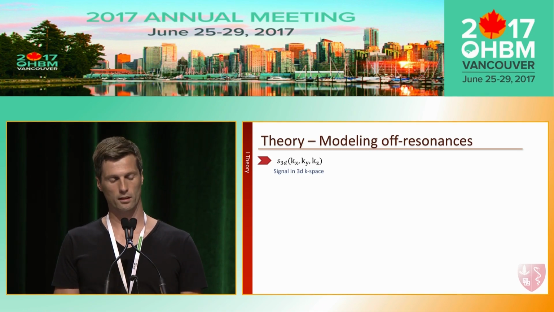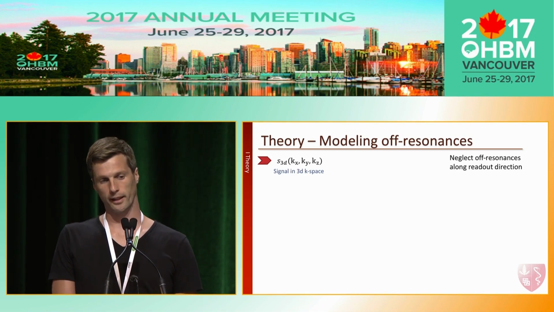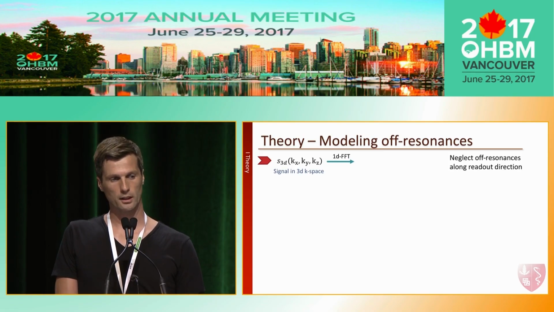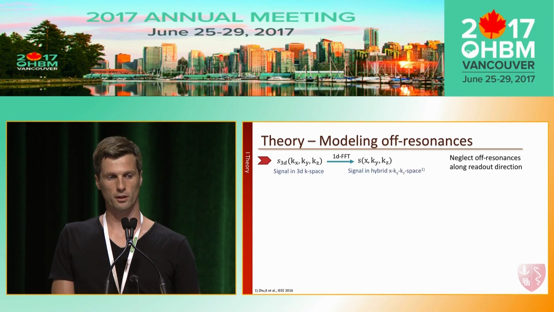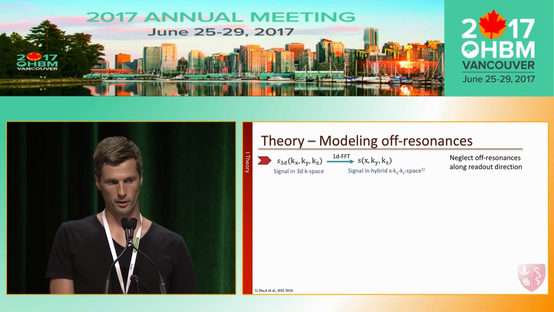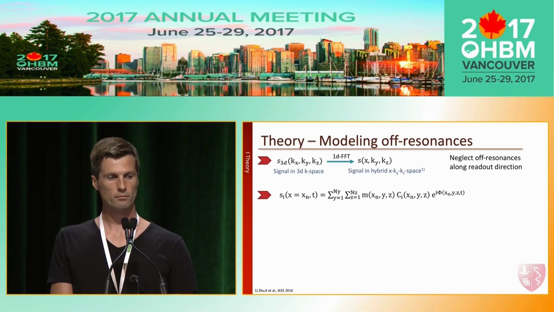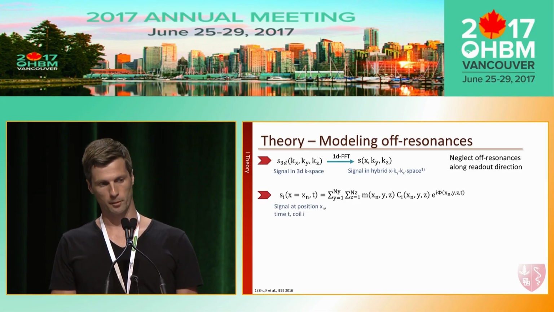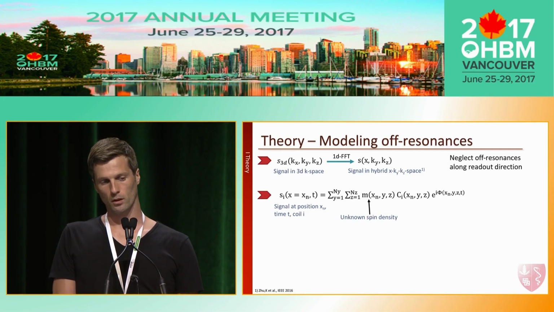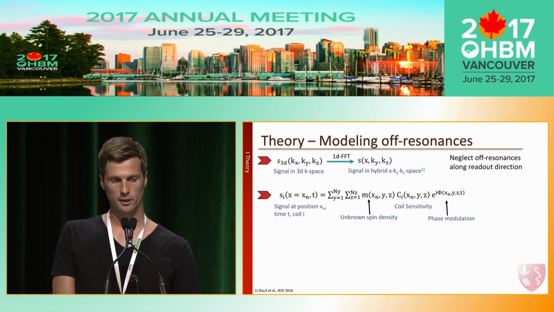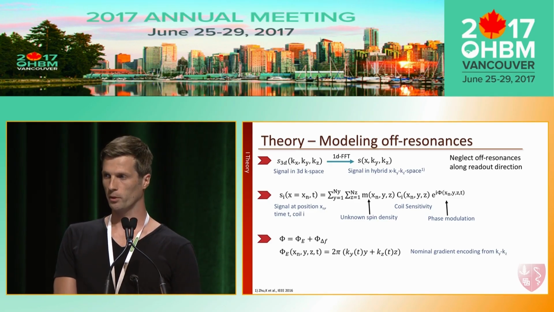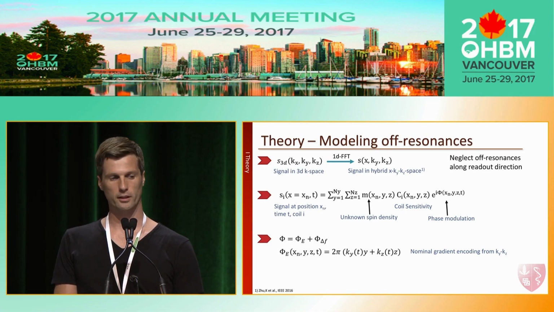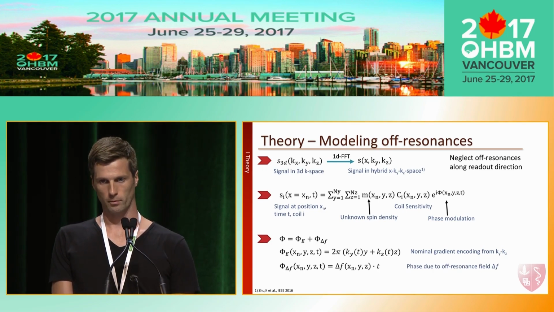So we start with a signal in 3D k-space, neglecting off resonances along the readout direction. Because we have a Cartesian k-space, we can perform a one-dimensional Fourier transformation along the readout direction and bring the signal into a hybrid x-ky-kz space. And then we can write the signal at position xn as the sum over the unknown spin density weighted by the coil sensitivities and an arbitrary phase modulation. And the phase modulation now has two contributions. One is from the nominal gradient field, that is the k-space trajectory, and the other contribution is from phase due